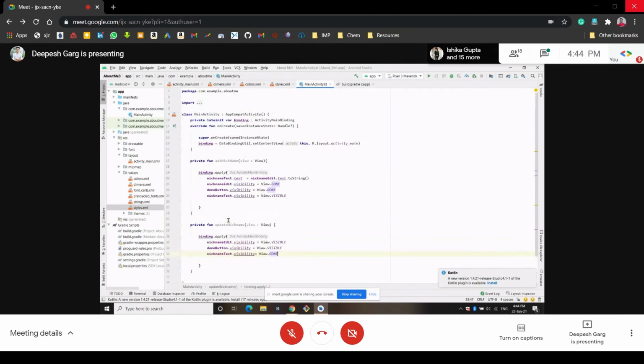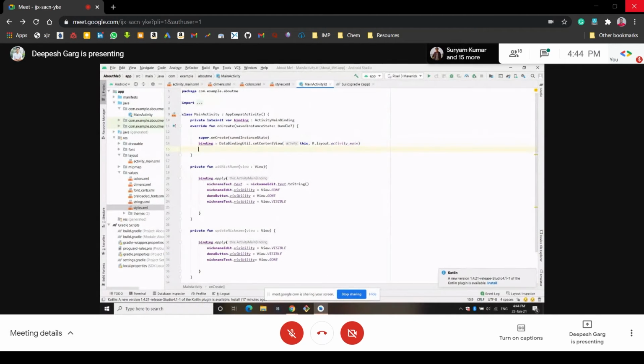Okay, so we have created some functions and now we want to execute them. How will we execute them? We will go to the main function here, that is the onCreate function. We will write some code here to call these functions, so that whenever they are called, the lines of code can be executed and whatever we want to do is done there.